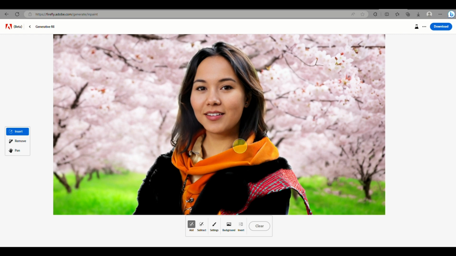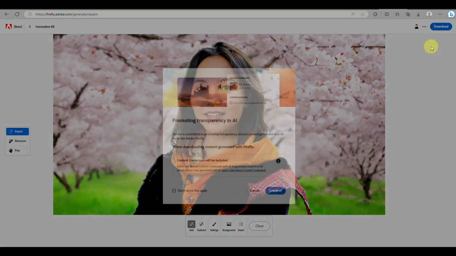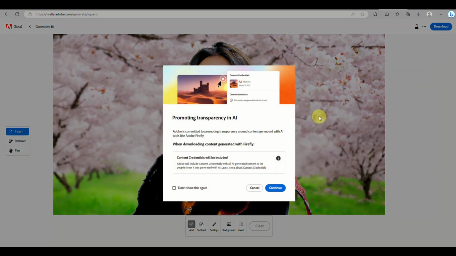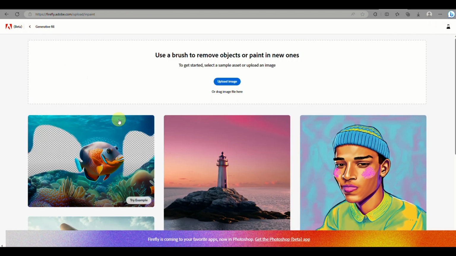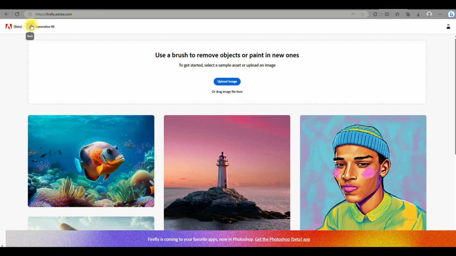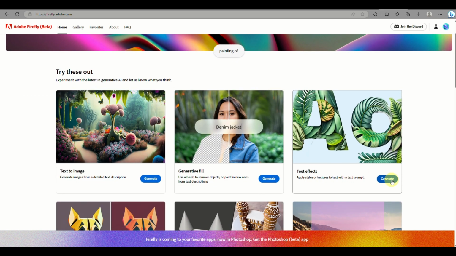So you have the option to download that. That's on the upper right corner of the screen. But if you don't like to download the image, that would be fine as well. And that's basically it. So you can definitely have a lot of options here. So if you want to add sunglasses, that definitely is possible here with Adobe Firefly. So since we already have dealt with generative fill, we will cover the next option here, or a feature where